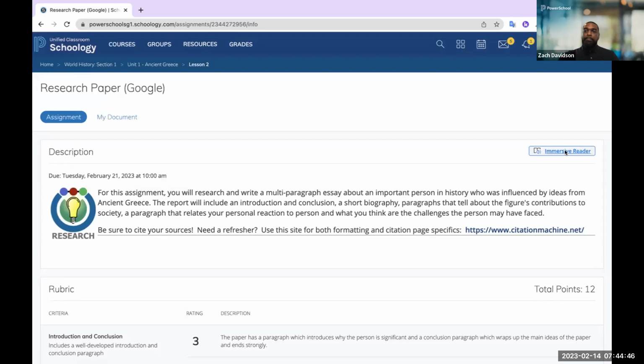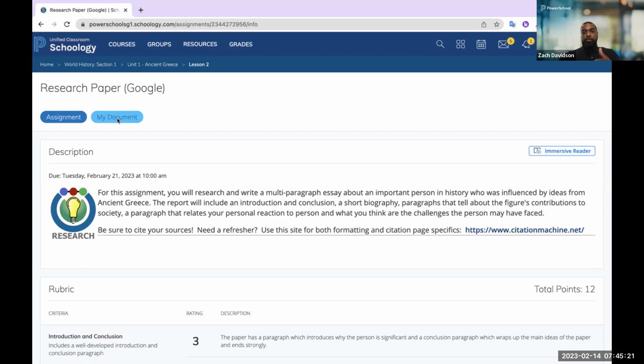Additionally, when we think about engaging students across your entire district, students with special needs or that have certain accommodations can leverage the immersive reader right here within our platform. Schoology provides this experience at no additional cost to your entire school or the entire district so that we can leverage translation tools, read alouds, line focusing, changing of background colors, all of that can be applied here through the immersive reader integration.